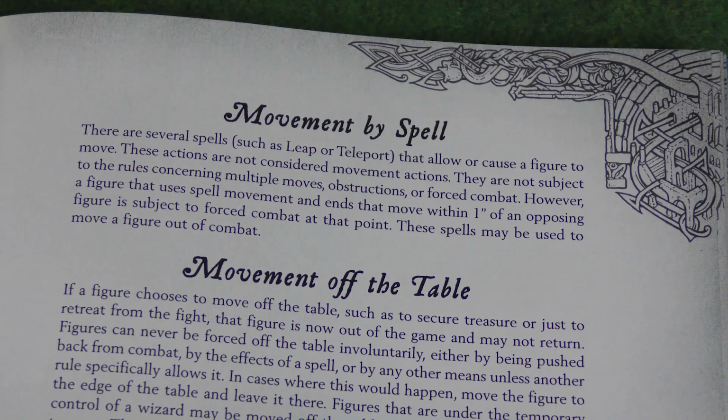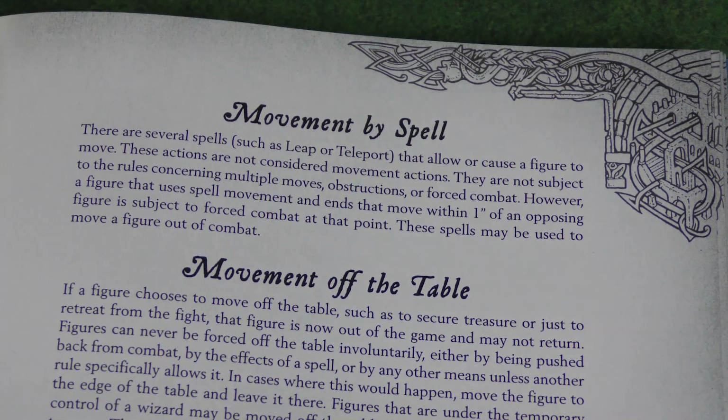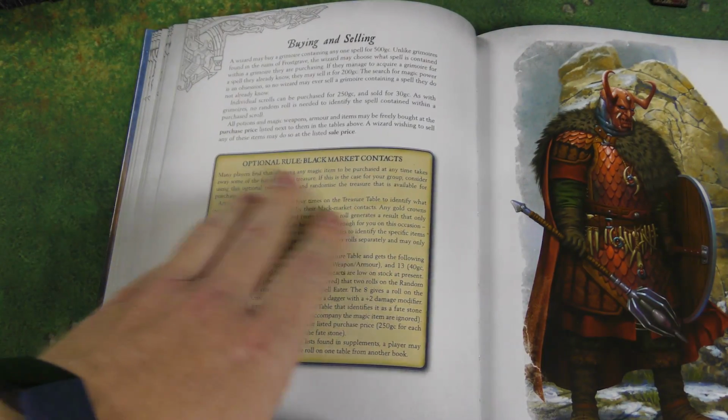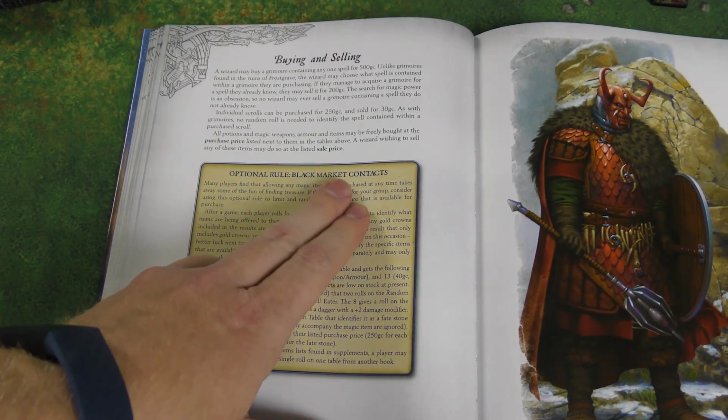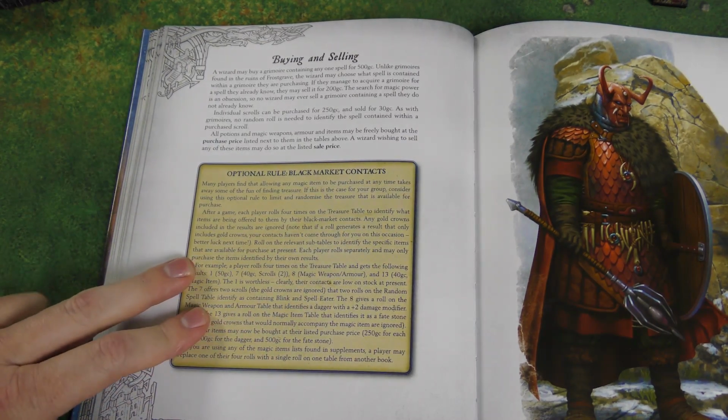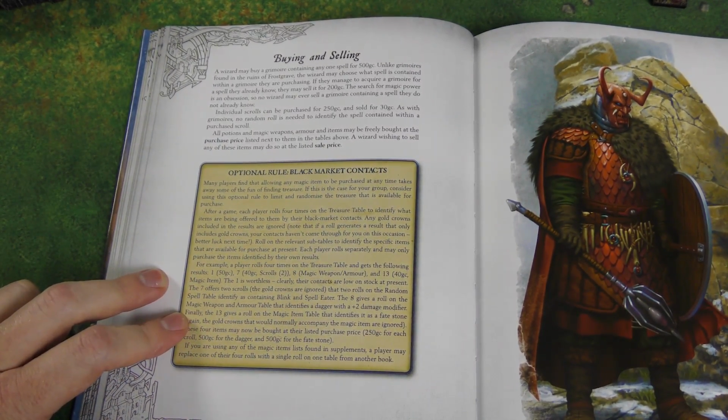Now let's get into some of what I think are the really cool changes. Now this first one is also an optional rule, but I really like this optional rule. So this one here, this is in the buying and selling basically after a scenario is played. This is optional rule, black market contacts. And I like this because it kind of reminds me of some rules that are in the Necromunda books, which